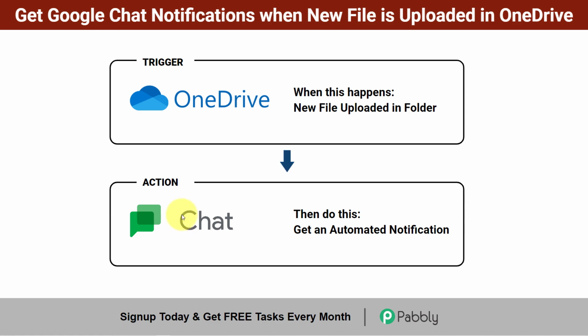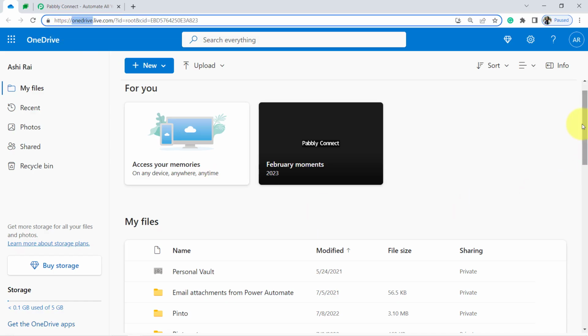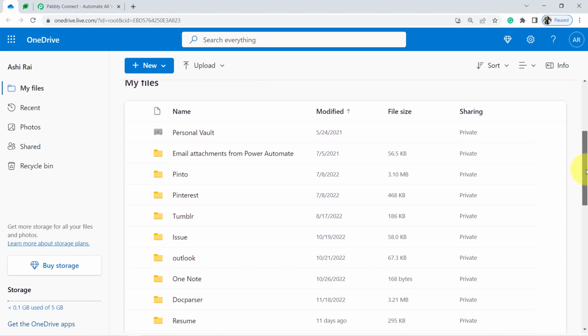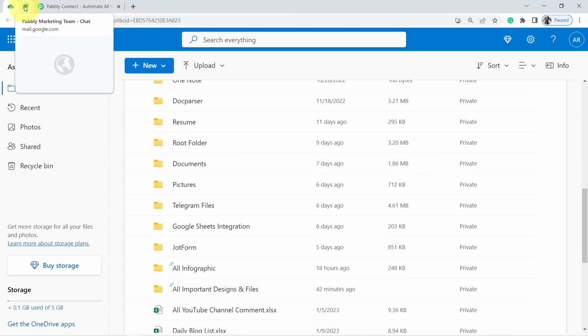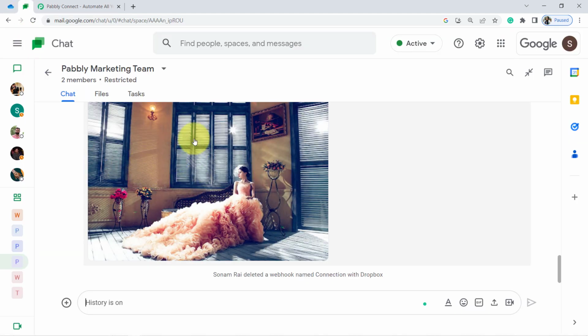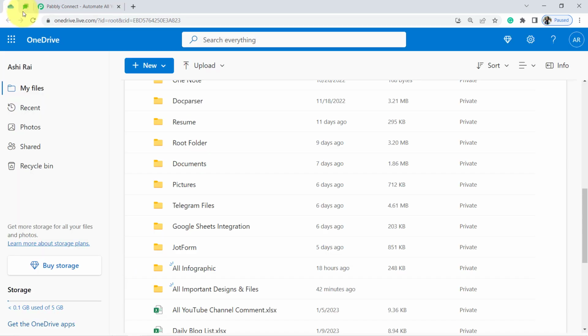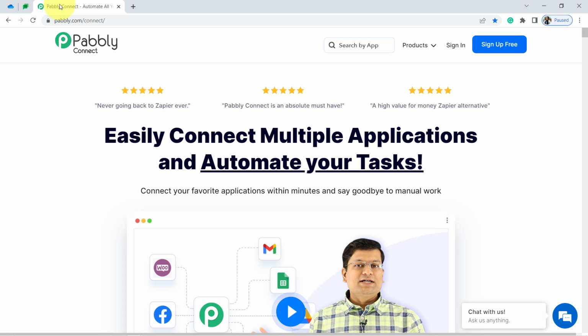So this is my OneDrive account, and here I'm going to upload a new file right in front of you into a specific folder, and you will see how, as soon as I upload a file, I will get a notification in one of my Google Chat spaces. But for that, I'll first have to integrate OneDrive and Google Chat, and I'm going to do that with Pabbly